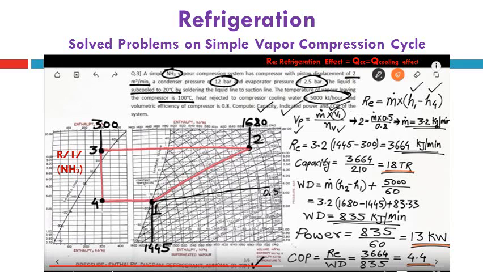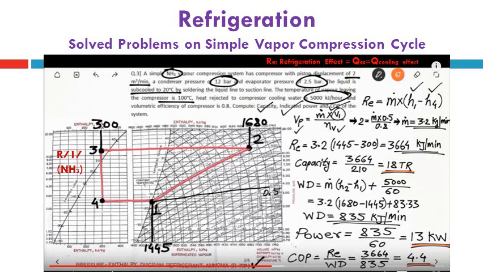So 3664 divided by 836 will give that the COP equals 4.4. Finally, we have got all the three parts required of this problem using the capacity, the power and the COP. The capacity is 18 refrigeration ton and the power is 13 kilowatt. Therefore, the COP is 4.4, which indicates that the ammonia has high COP relative to other amounts, especially when using